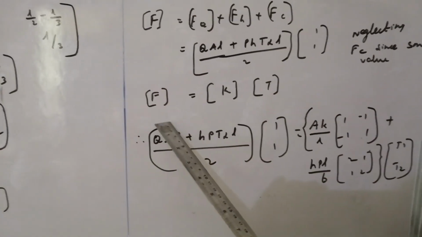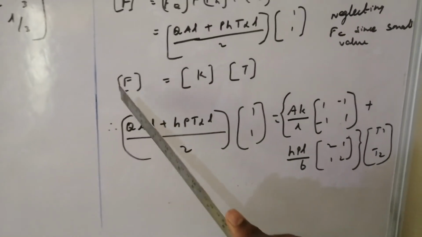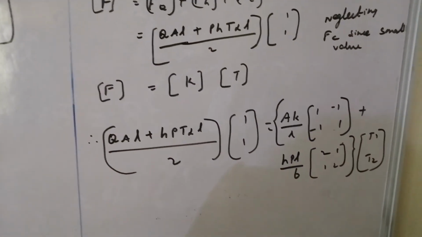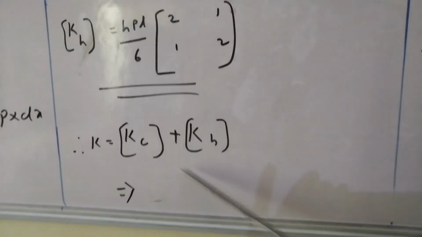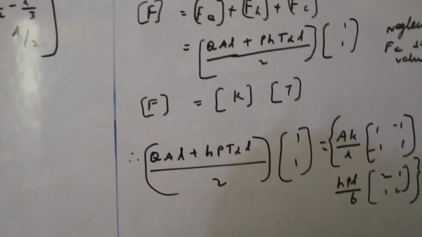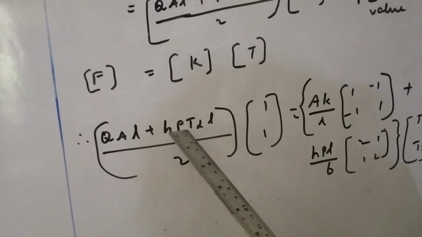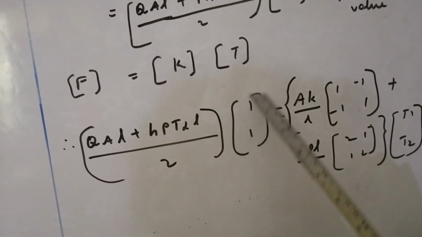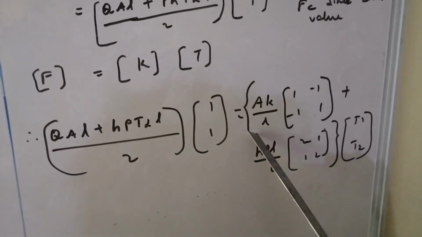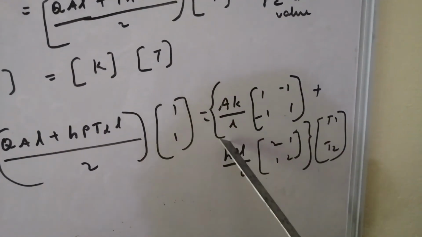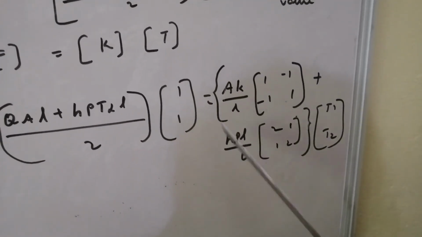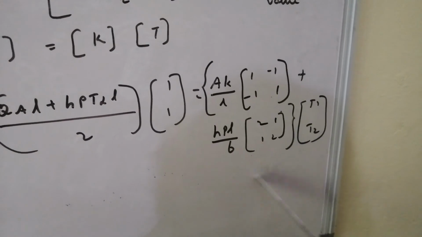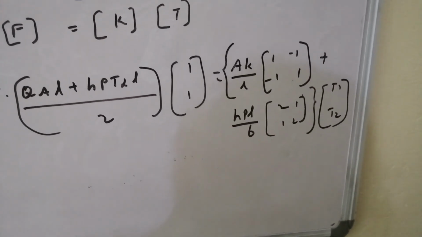And we know that F equals KT. We already found out what F is, and we already know what K is. Here K is KC plus KH, and we know what T is. So while writing, we will get it as (QA plus hP T infinity) L by 2 [1; 1]. This is what K is, the stiffness matrix due to conduction, and this is what KH is, the stiffness matrix due to convection, that is, the entire K is in here and T is here. This is the final